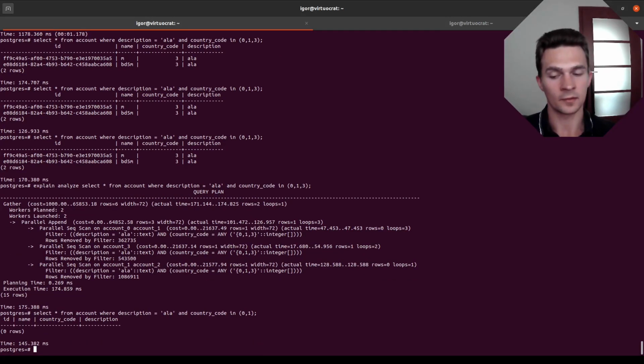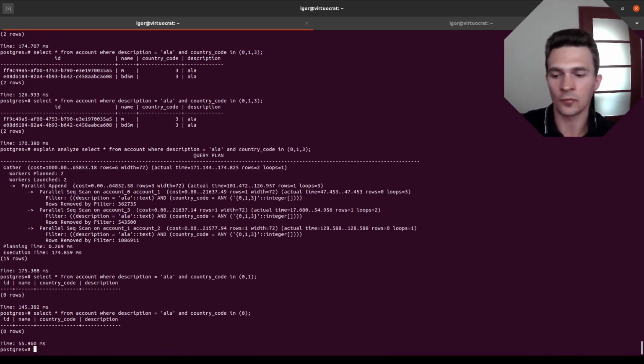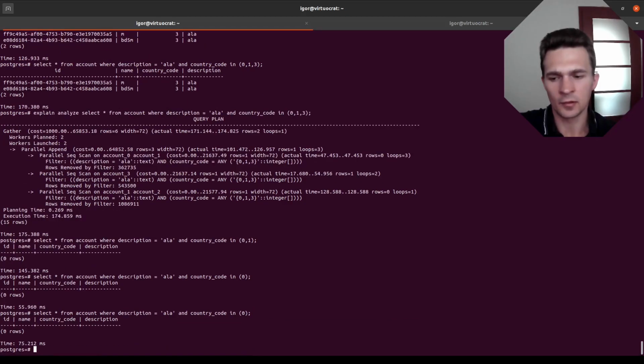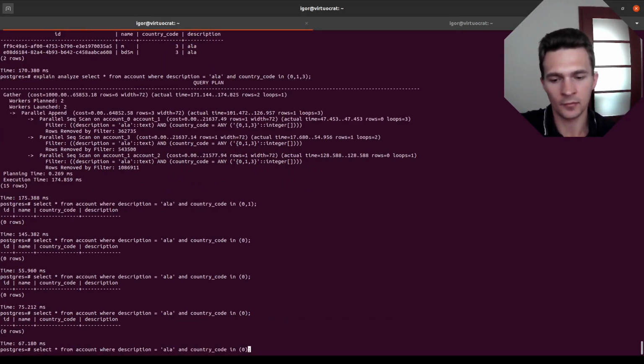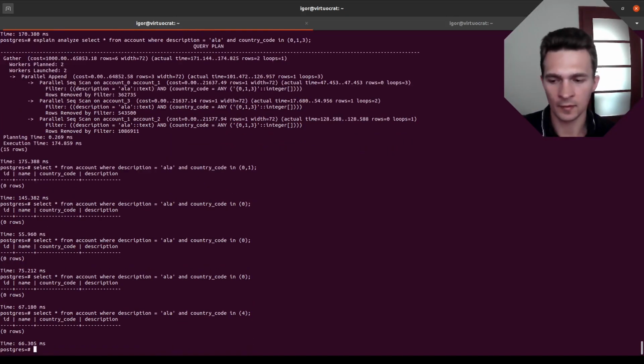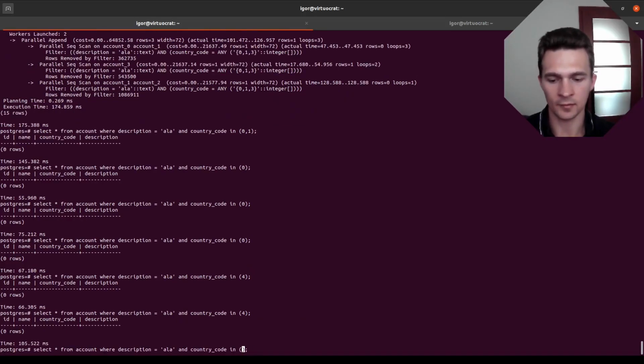It will be like 10 times faster because we are searching only in 2 of the 20. And if you reduce it to 1, we basically have 5% of the initial time, more or less, obviously. And as you can see, it is more or less true. So if you search in 1 partition,